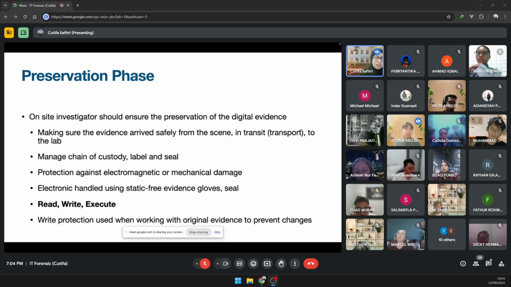May I know what kind of evidence we are talking about here? Is it a document? Is it a file? Photo. Photo. The same file, but at a different time when it was taken. How do we know which reference is original?